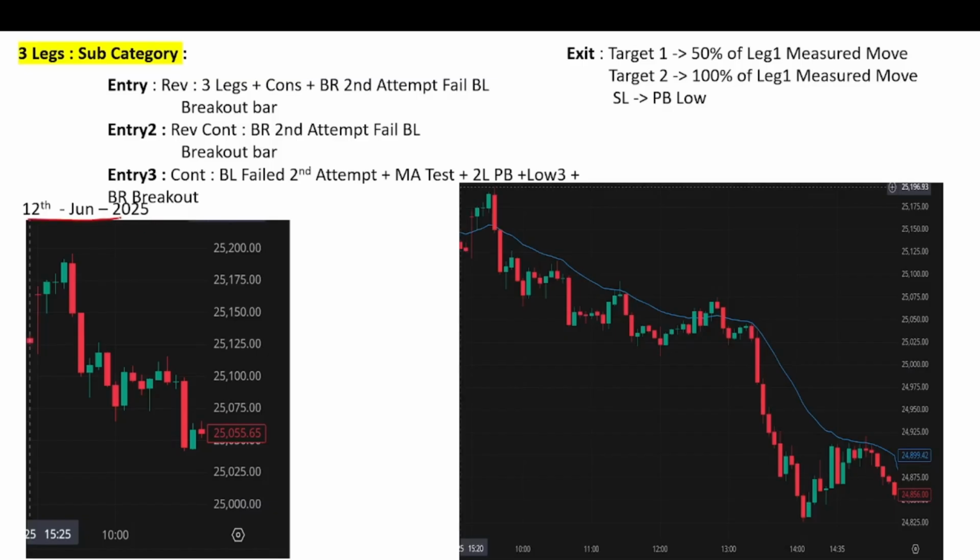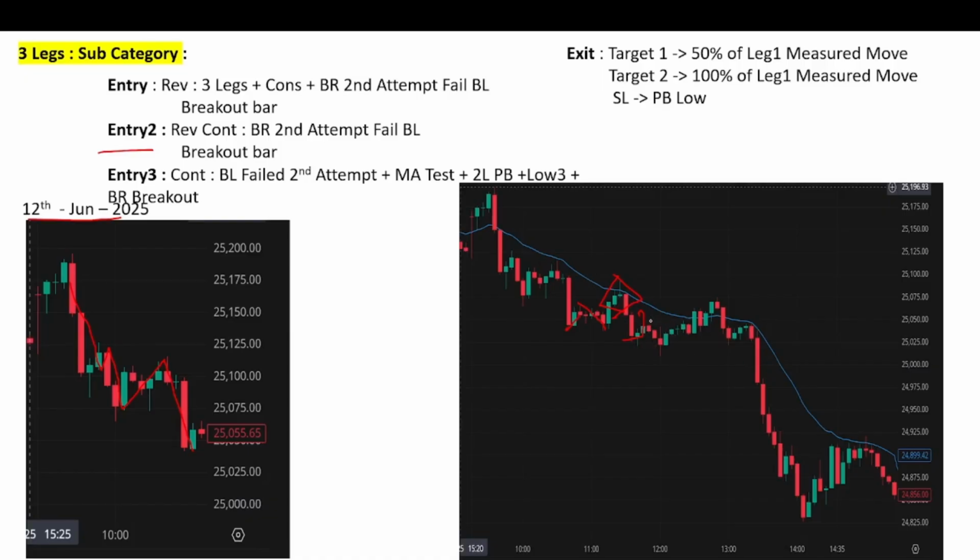Next, it happened on 12th June, leg 1, leg 2, leg 3, and here. So by this time, this is 10:50 and leg 3 happened and bears made one more attempt and failed and you got a bull breakout. So you enter the reversal trade, but it failed. So you can just exit here when 2 consecutive opposite bars had happened, and the entry 2 is reversal continuation only. You can try for the reversal one more time.